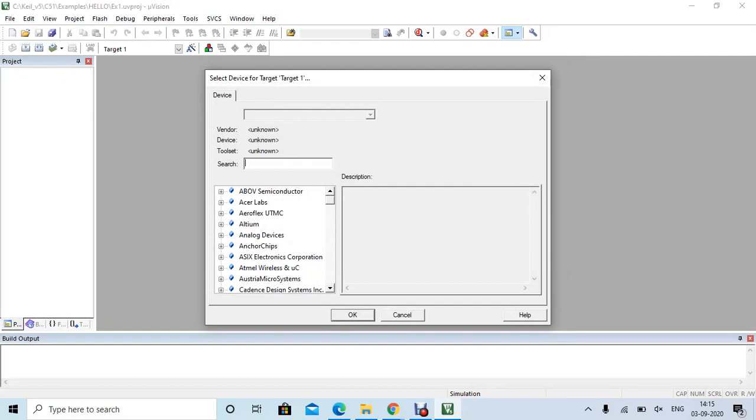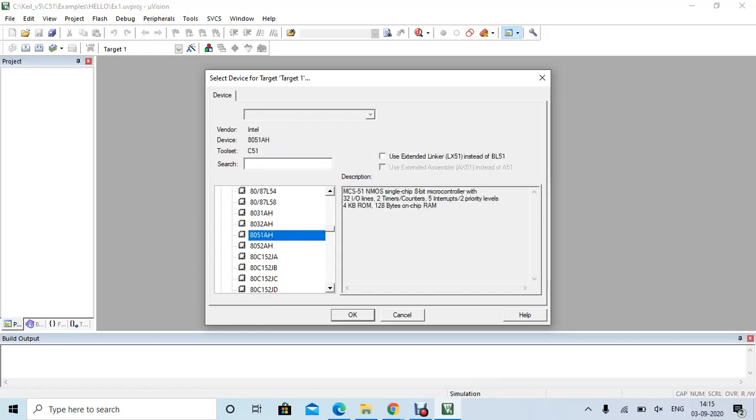Now I have to select a device for the target. Since it is 8051, we have to search for Intel, and then click on the plus sign and search for 8051. So I can see 8051AH. Click on it. You can see the description of that, and click on OK.